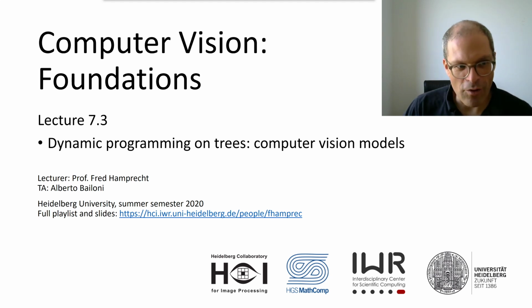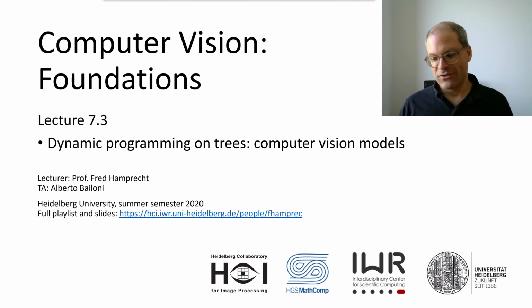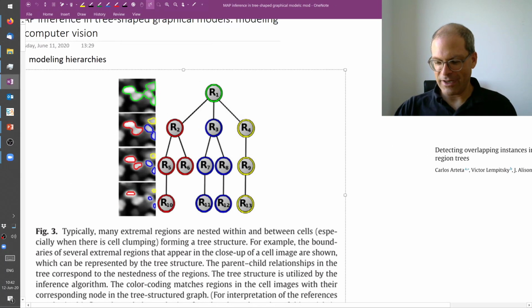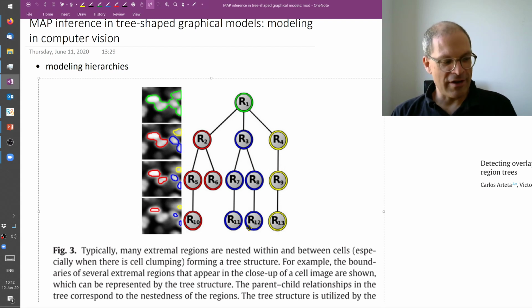Good. So we now come to the question of how do we use such tree models in computer vision? And I have a few examples for you. The first one I introduced at the beginning is the question, out of these competing segmentations, which ones do we want to choose? These segmentation candidates form a hierarchy, they are nested,